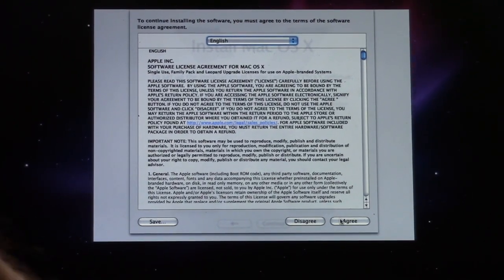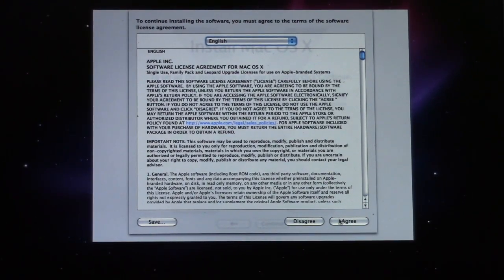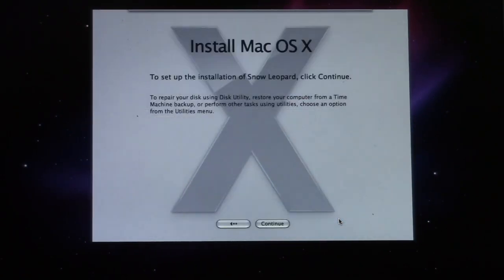Okay. Apple Incorporated Software License Agreement for Mac OS X. Please read the software licensing agreement carefully before...